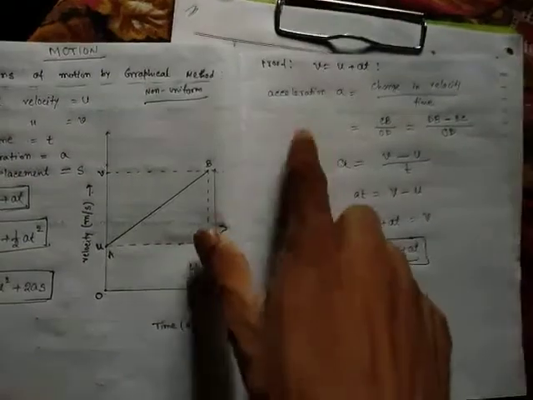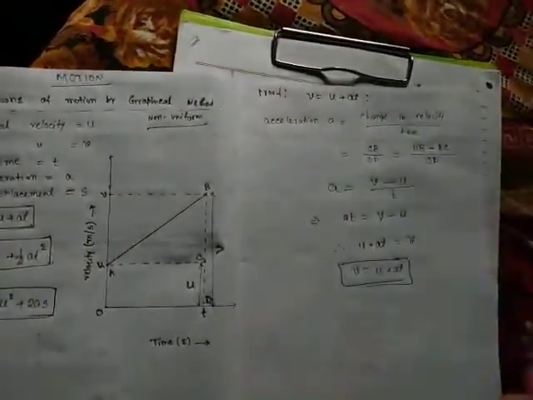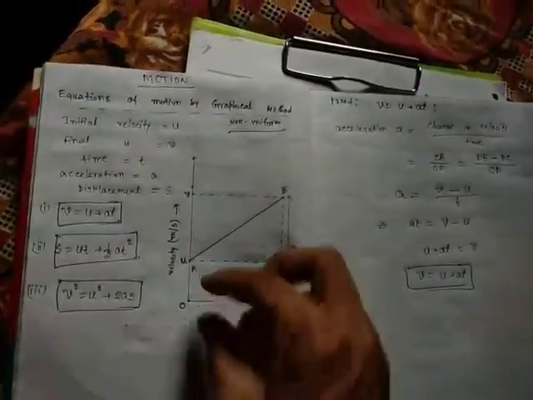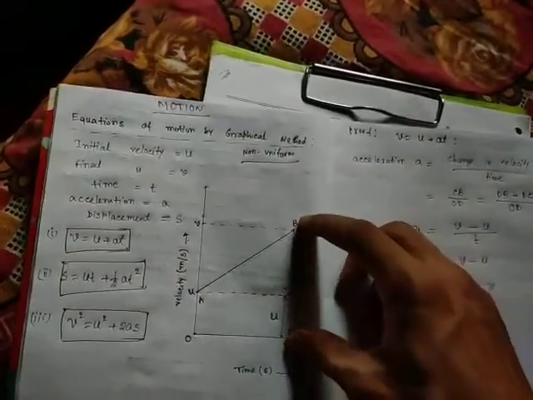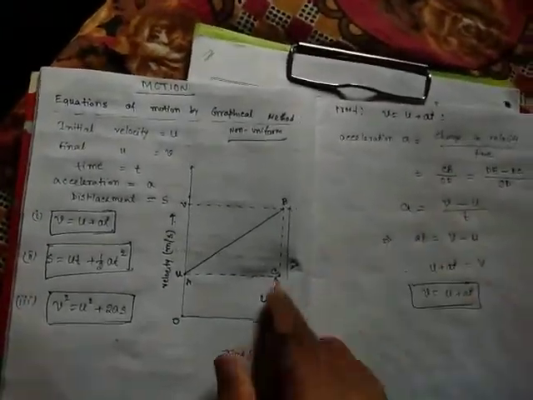Acceleration is equal to change in velocity upon time. Change means the initial velocity was OA, final like this. Acha, initial was CD, final BD. So initial CD, final BD. So what will be the change? CB. So that's why CB. Acha, we can represent CB as BD or DB, whatever you write: DB minus CD, DB minus DC. That means V minus U upon OD. OD means the time taken. Okay. So V minus U upon T.